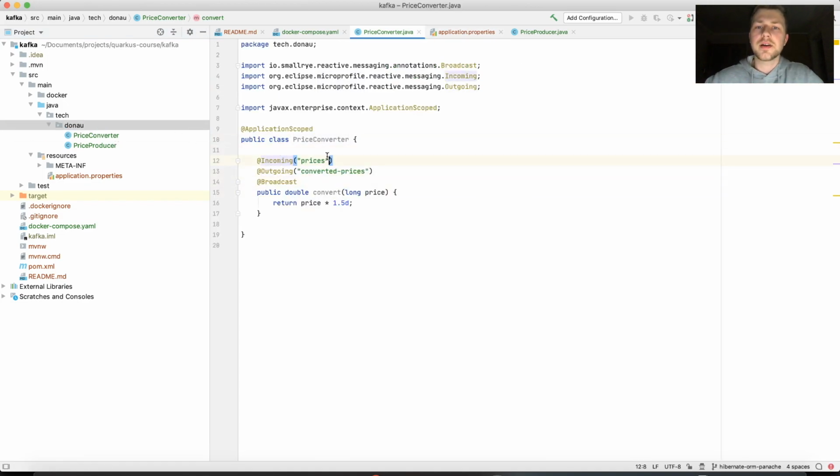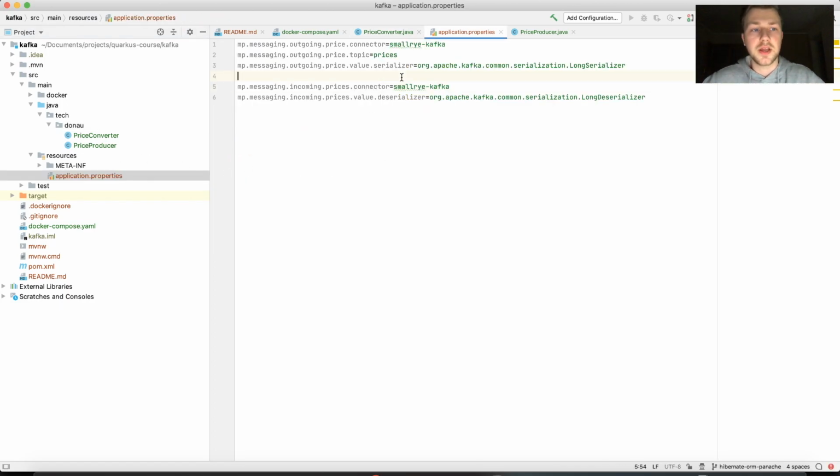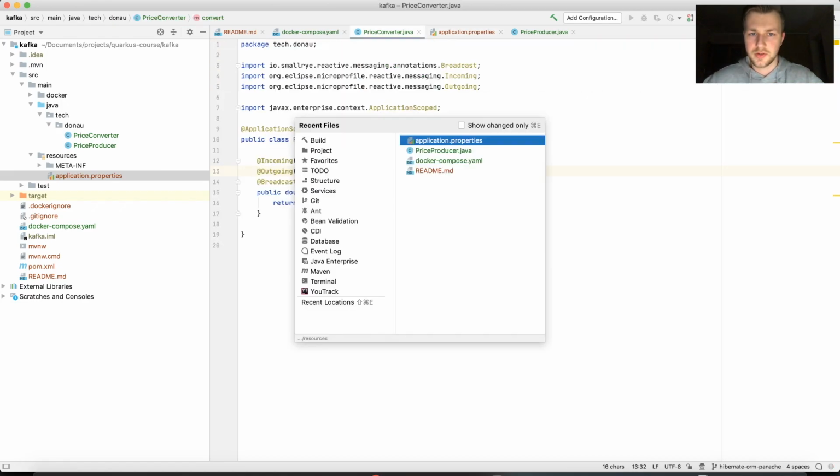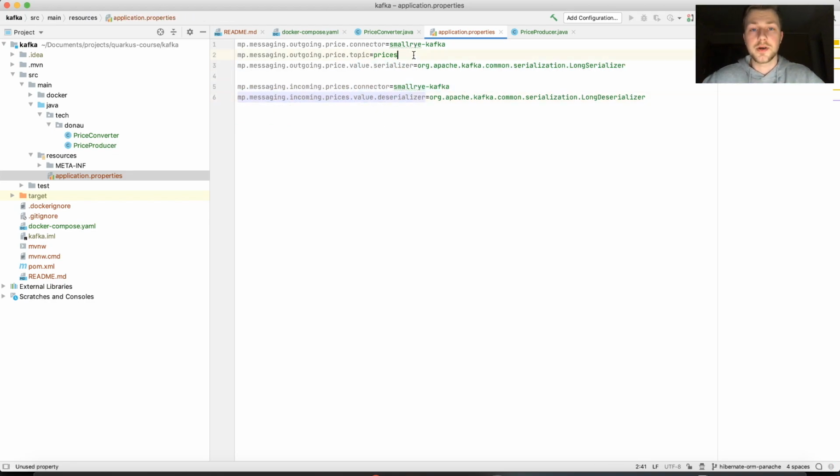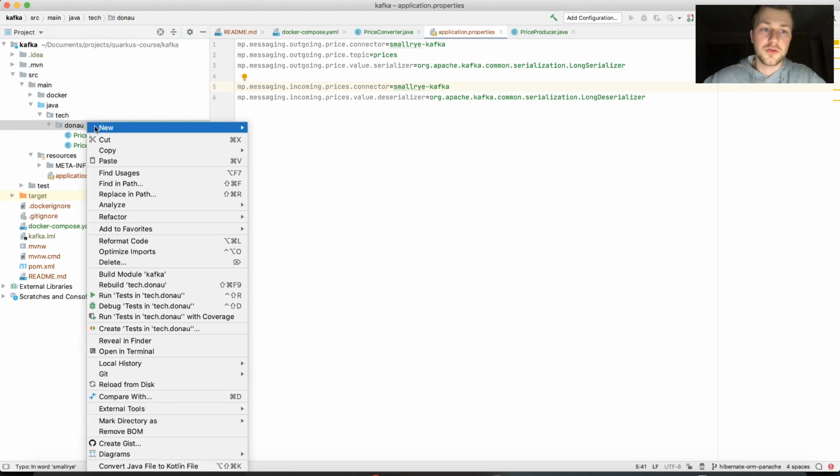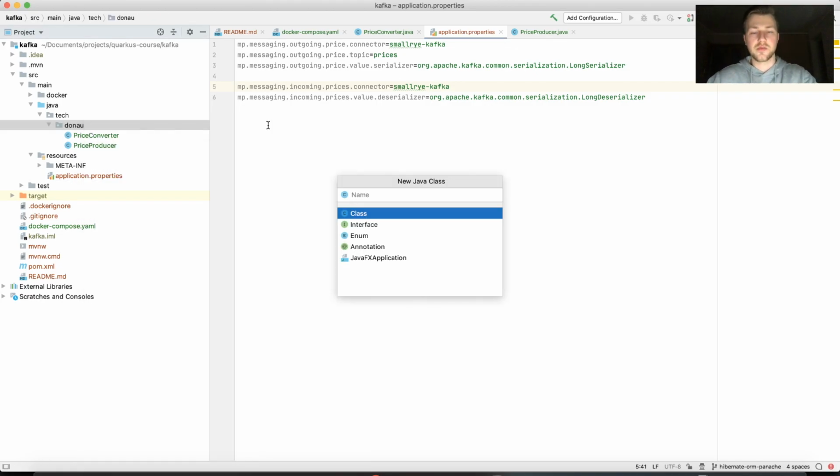And so here, as I said, we consume the prices, but at the same time, we publish the converted prices, but we're not publishing it to Kafka back, because this converted prices topic is not specified in our application's properties, right? In application properties. So there is no such converted prices topic, right? And that's totally fine. So it will be published within this Quarkus project. So this will go to, for example, our new class that will be called price resource,